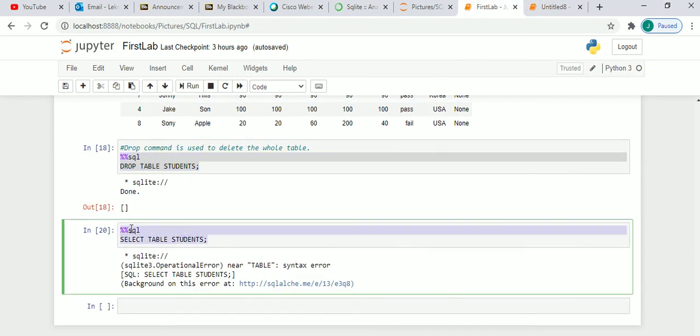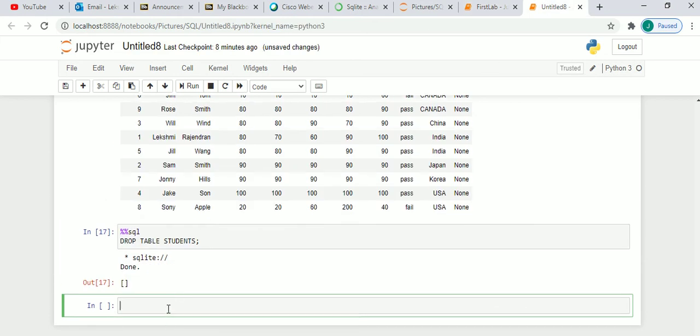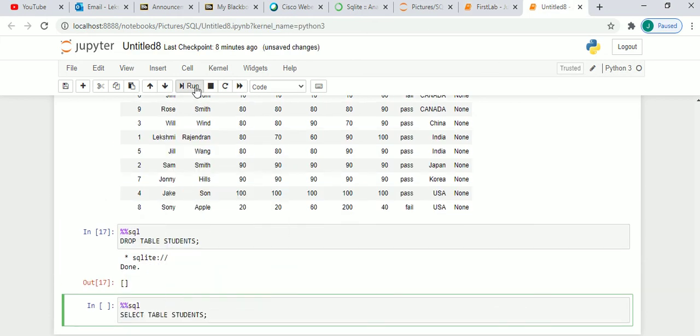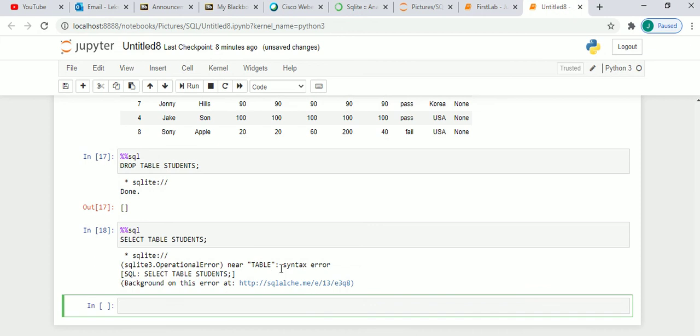Now if we do any select or any kind of operation, it should give a message saying the table cannot be found. And yes, it says it is not able to find the table because that student table is not available.